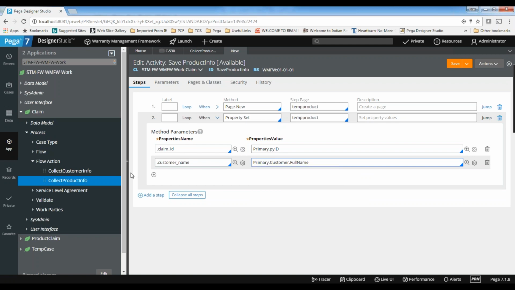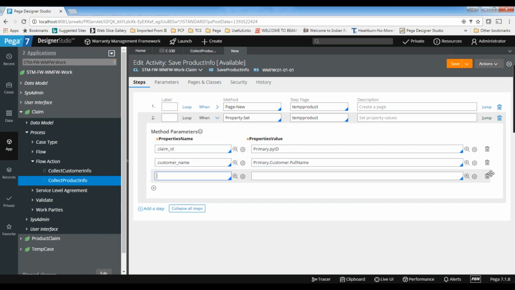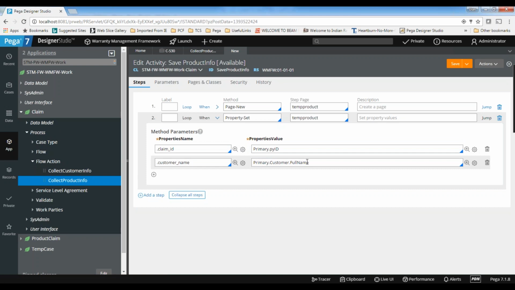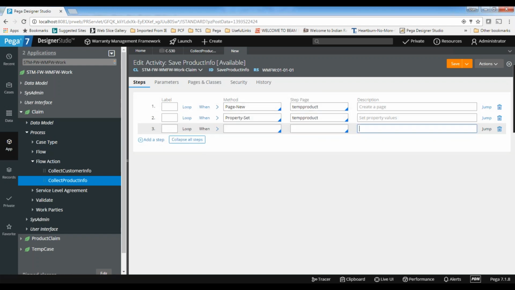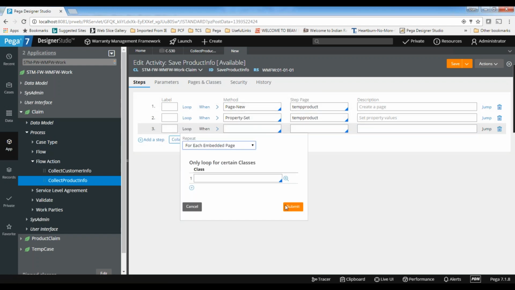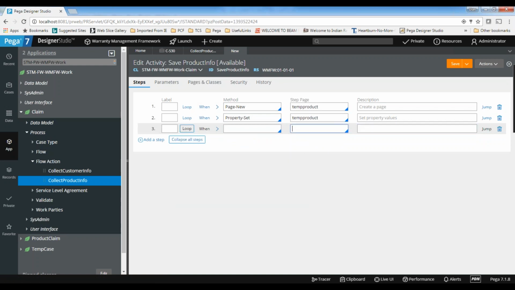I'll store full name, and then I want to store the claimed products, but here I cannot get the claimed products directly because that is in a page list. So what I will do, I need to loop it. So do the looping, for each embedded page. You need to give the page list name here.